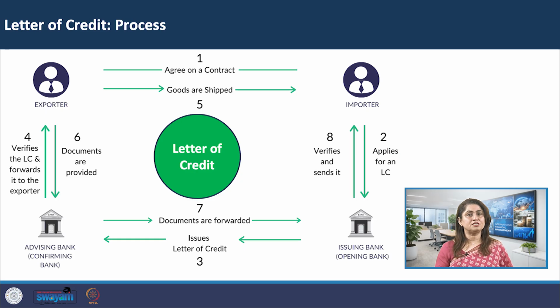Then the exporter ships the goods and collects the required documents, which are the bill of lading, invoice, insurance certificate, and others. The exporter presents these documents to the advising bank. The advising bank forwards the documents to the issuing bank. The issuing bank examines the documents. If they comply with the letter of credit terms, it makes payment. The issuing bank releases the documents to the importer, who uses them to clear the goods